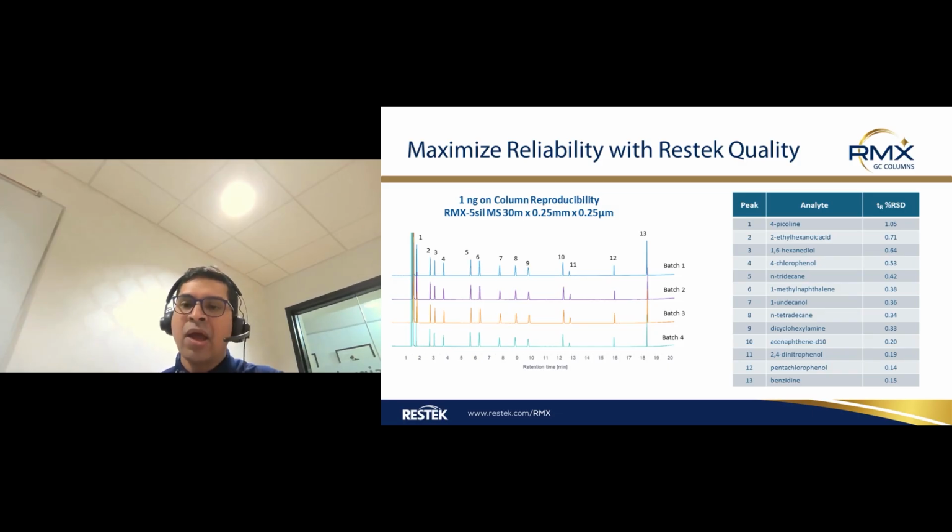On the right hand side, you can see a lot of challenging analytes. I'm talking about weak acids, weak bases, aromatics, nonpolars, and also alcohols in this mixture. So we have really challenging analytes to make sure that the column quality is maintained. And also when you look at the test mix, we are testing these columns at nanogram level on an FID. So when you get this column, you can be very confident that you can reach those picogram limits on your triple quad mass specs.